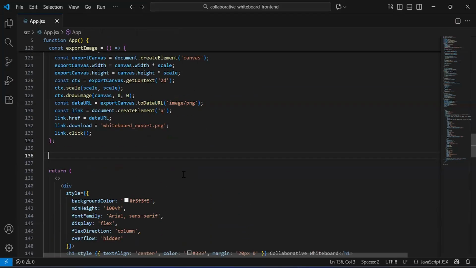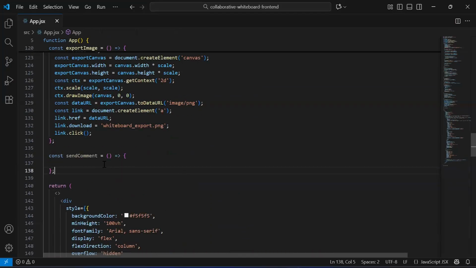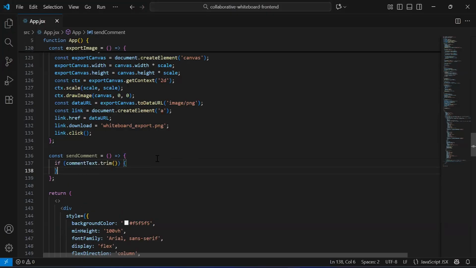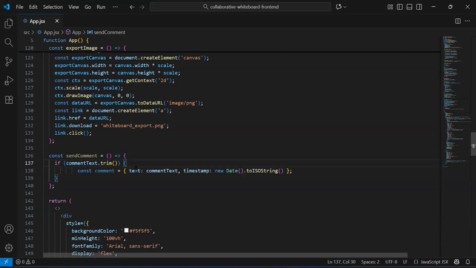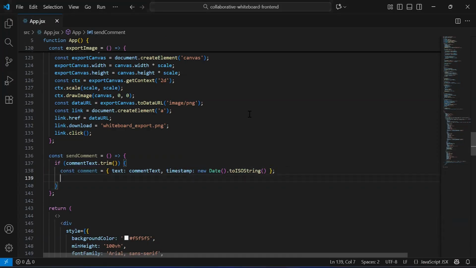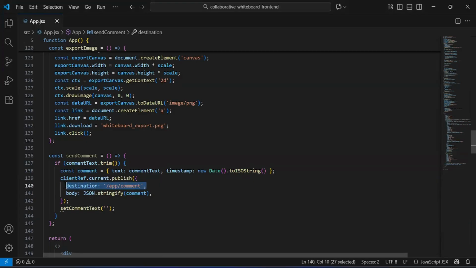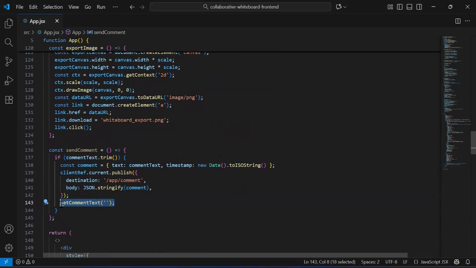Now after that, I'm going to create a function with the name sendComment. Inside this, we have the if condition. If the comment text is not empty, then I'm going to create an object of comment, where the first key is text with the value commentText, and the second key is timestamp with the value new Date().toISOString(). After creating the object, we have to call the WebSocket publish of comment. The destination that we have is /app/comment. In the body, we have to pass the comment in the form of JSON, and we have to